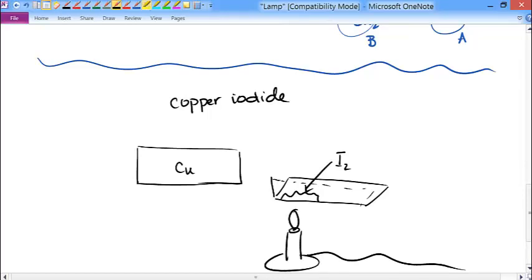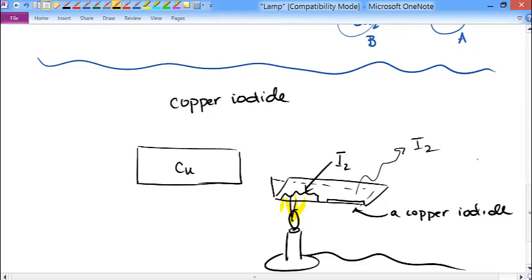Well, what happens when you heat this up is a reaction is going to start to occur. And what will form is a layer of a copper iodide. Now there's going to be some excess iodine, and that's going to sublime as iodine gas,